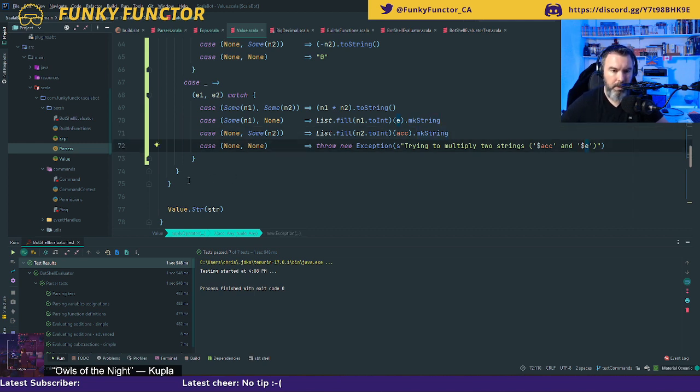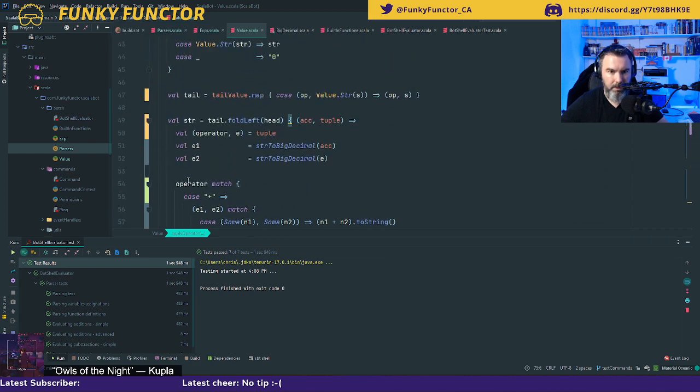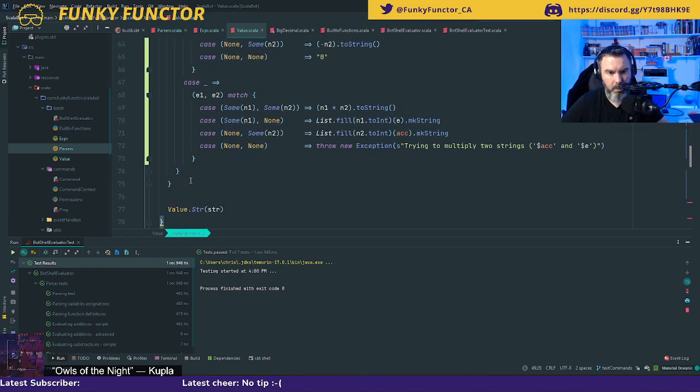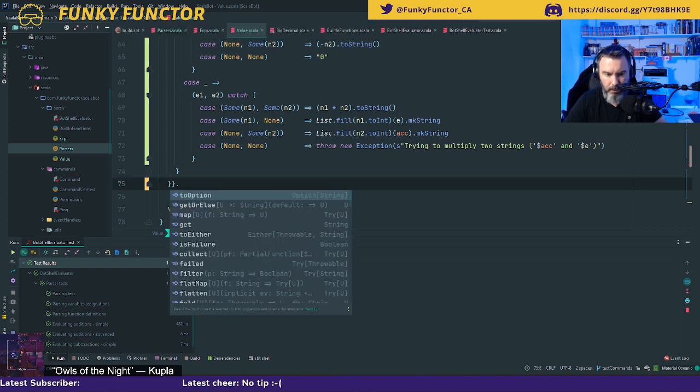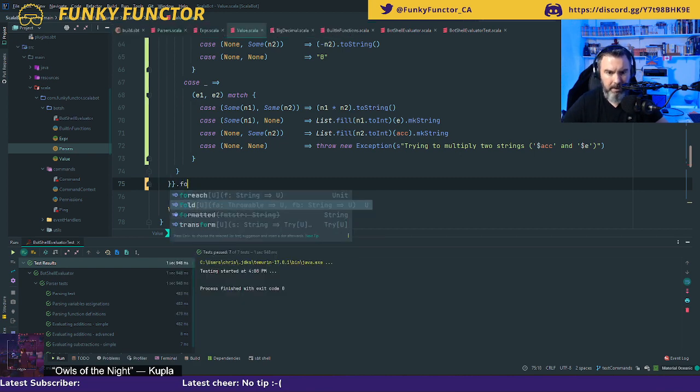Okay, so I am going to surround this whole ugly thing with a try so that I can catch this. And I want to do a, can I do a fold? Yes, I can.